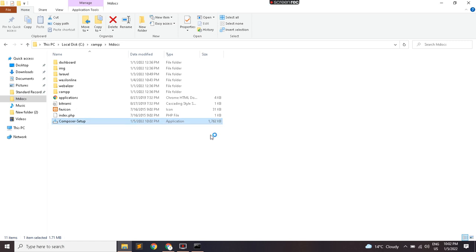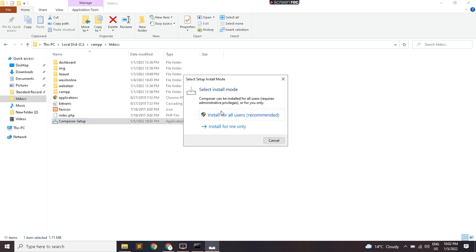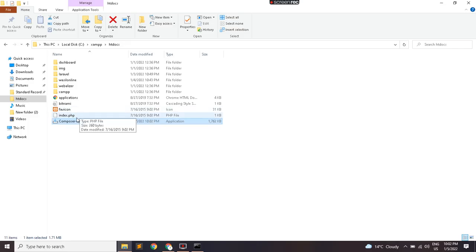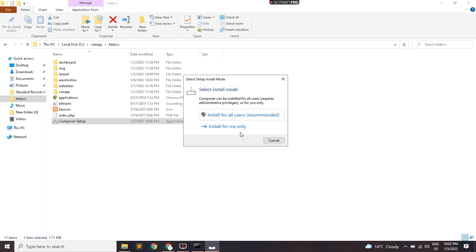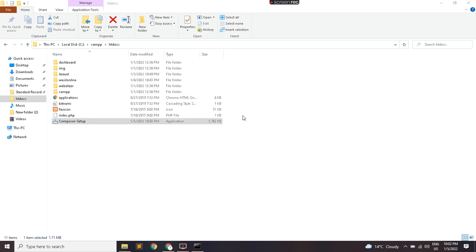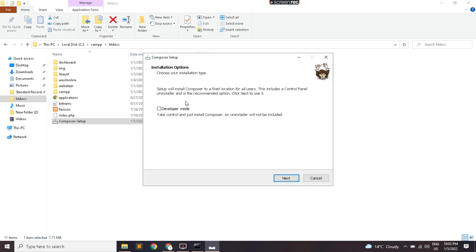click on it. It will show you a window asking whether you want to install this for a single user or multiple users. So you have to click on install for all users. All users is recommended, so that it will be easy for everybody to learn about it as well. So I will click on install for all users. When I click on this, it will show me a confirmation window asking whether you want to install or not. Some people who have a feature like Windows security will see it, otherwise not.